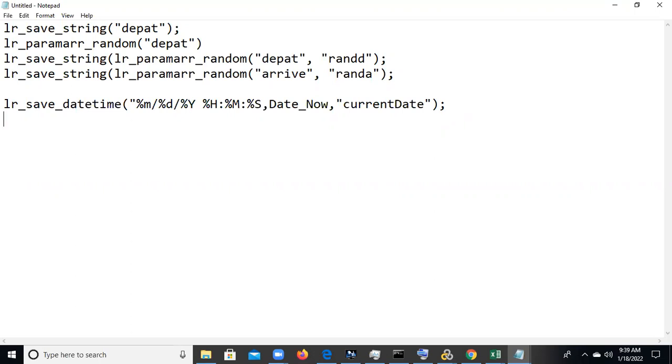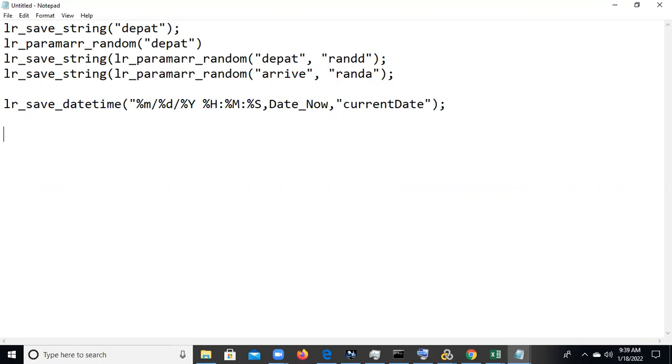And for example, this is one more thing. They will ask interview questions. Do you know any LR functions? First, we need to tell about LR start transaction and end transaction, and for which purpose we can use them. We can measure the transaction response time using LR start transaction and end transaction.